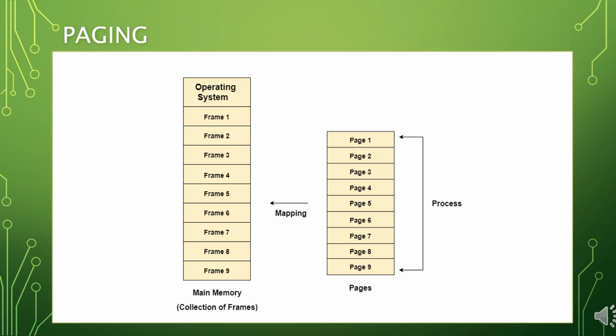Pages of the process are brought into the main memory only when they are required, otherwise they reside in the secondary storage. Different operating systems define different frame sizes. The size of each frame must be equal, considering the fact that the pages are mapped to the frames in paging. Page size needs to be the same as frame size. As you can see in the diagram, you have main memory which is divided into frames and your process divided into pages. So the page bifurcation and frame bifurcation has to be the same.